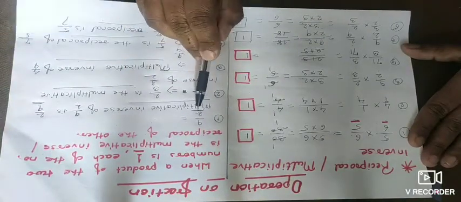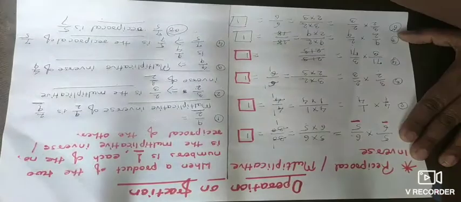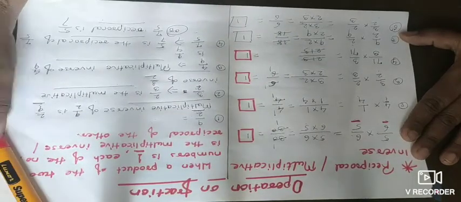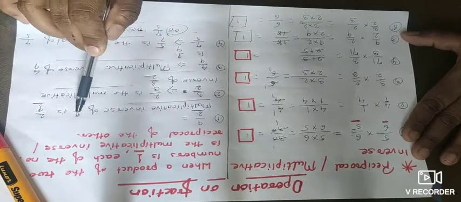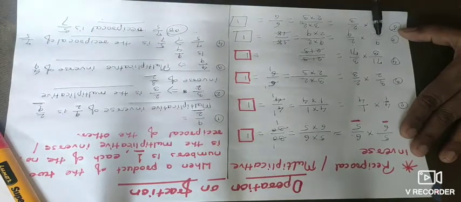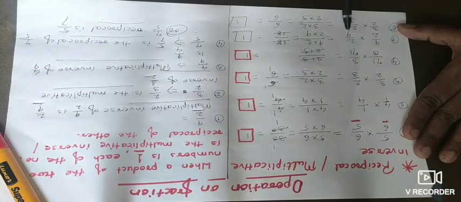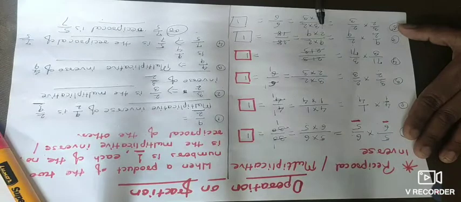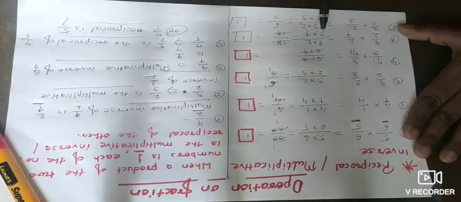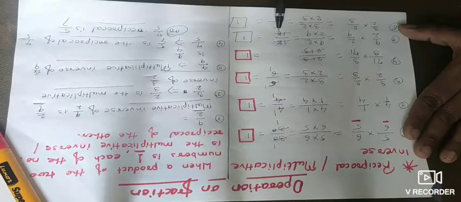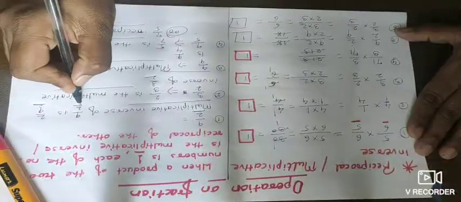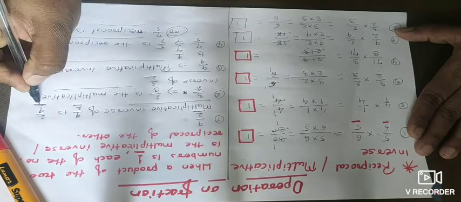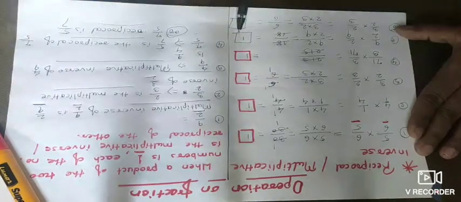So here 9 upon 2, and as you know its multiplicative inverse is 2 upon 9. Here I written multiplicative inverse of 9 upon 2 is 2 upon 9. So here it is 9 upon 2 into 2 upon 9. If you multiply this, 9 into 2 is equals to 18, and 2 into 9 is equals to 18. 18 get cancelled with 18, and here is the 1. So here also we are understanding that the fraction or a number and its multiplicative inverse multiplication is always 1.